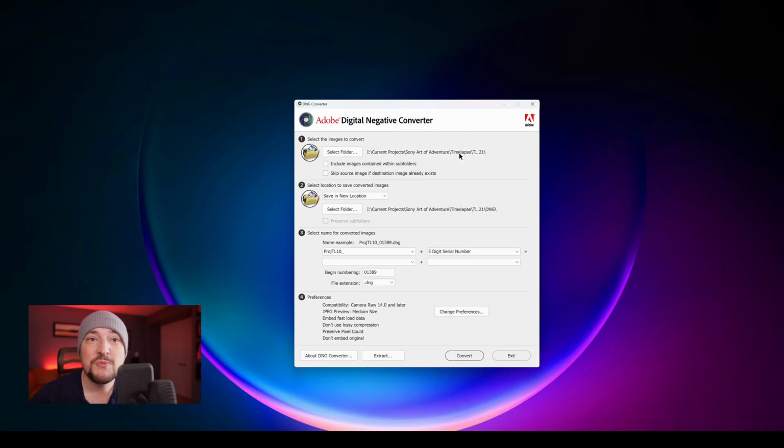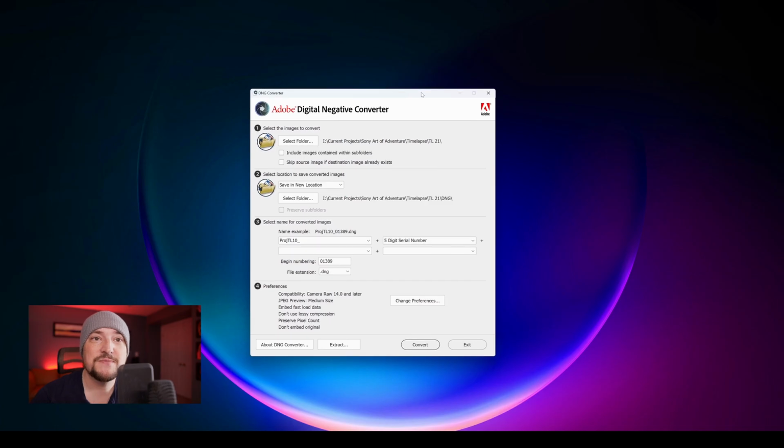So the first thing we're going to do is open up our digital negative converter, and this is by Adobe again. And what we want to do is navigate to wherever we had our time-lapse saved. And I will say, if you are looking to create a structure for your workflow, make sure you do it in a way that it's easily readable and searchable. So if you are looking to manage all of your files, put the scene number, the date, and a description of what the file is. So, if you're out in the wilderness of Wyoming, you can say Wyoming time-lapse, put the date on it, and then underneath that, you can throw all of the time lapses that might be in that sequence, and then you can go from there. So I'm going to open up and select my folder,